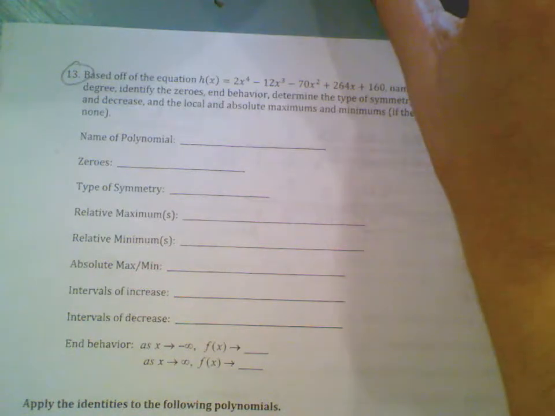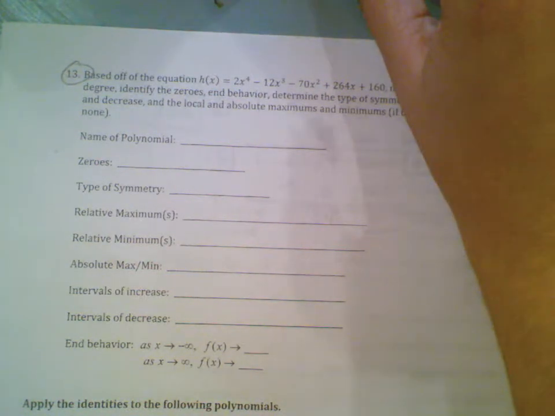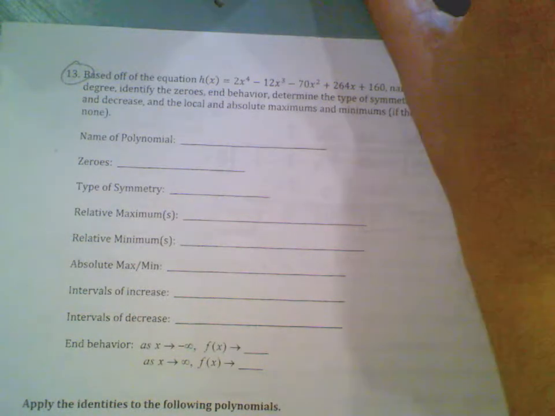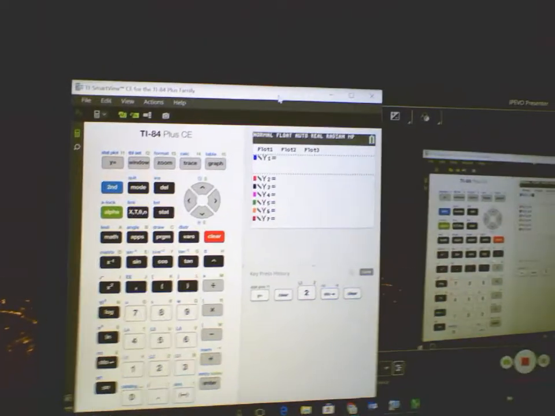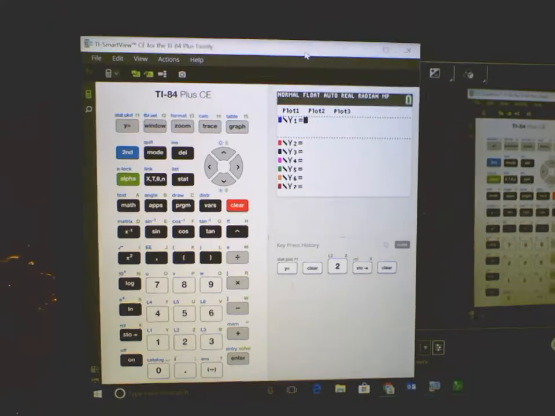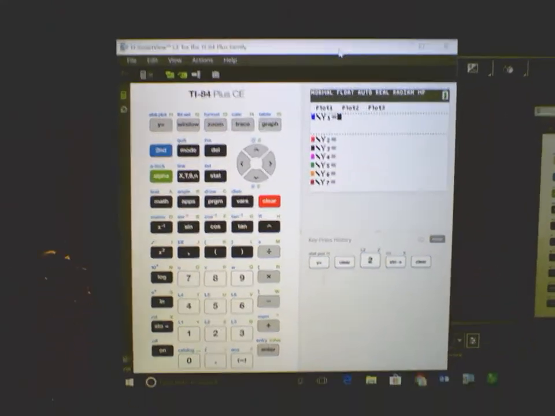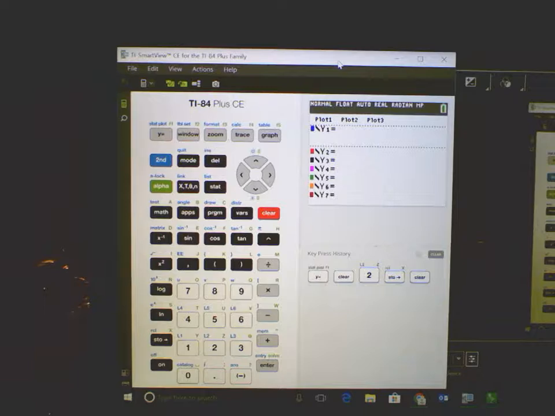So let me see if I can make this work. Because I need to be able to see what the camera is doing. Okay, cool. It's not backwards or anything. All right, so I'm just going to plug in